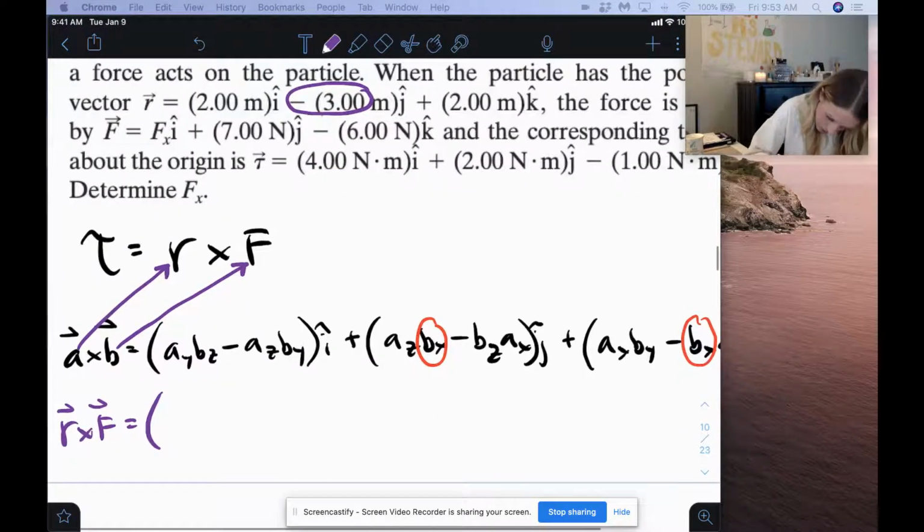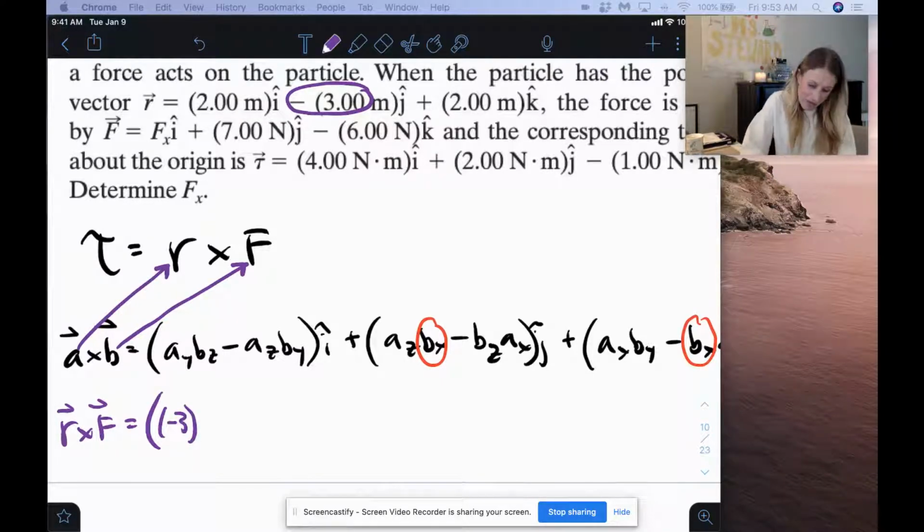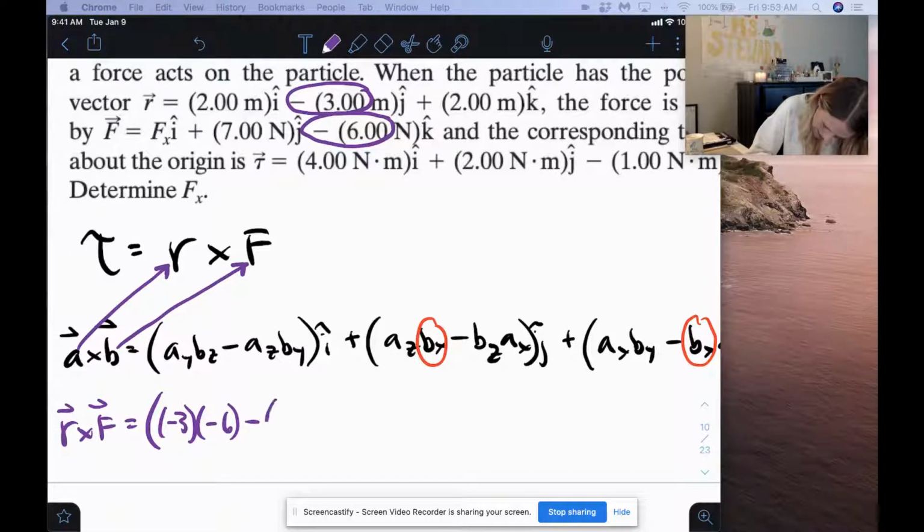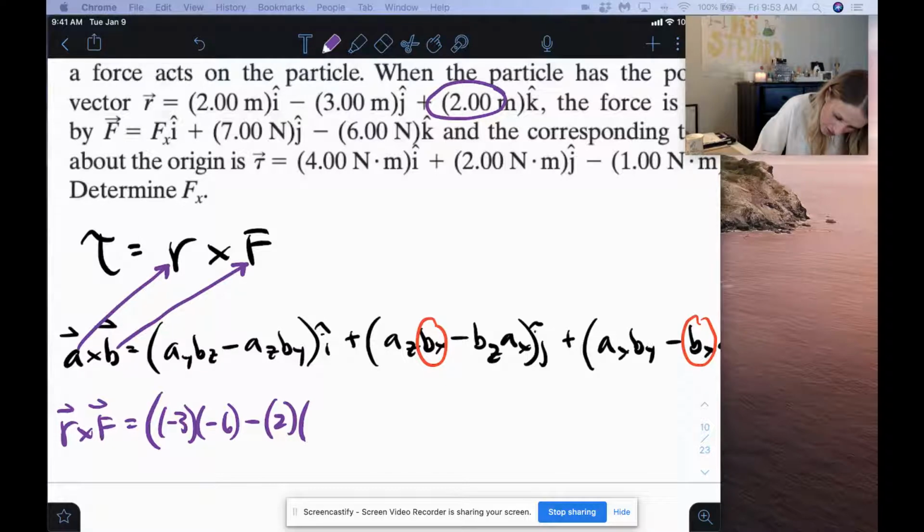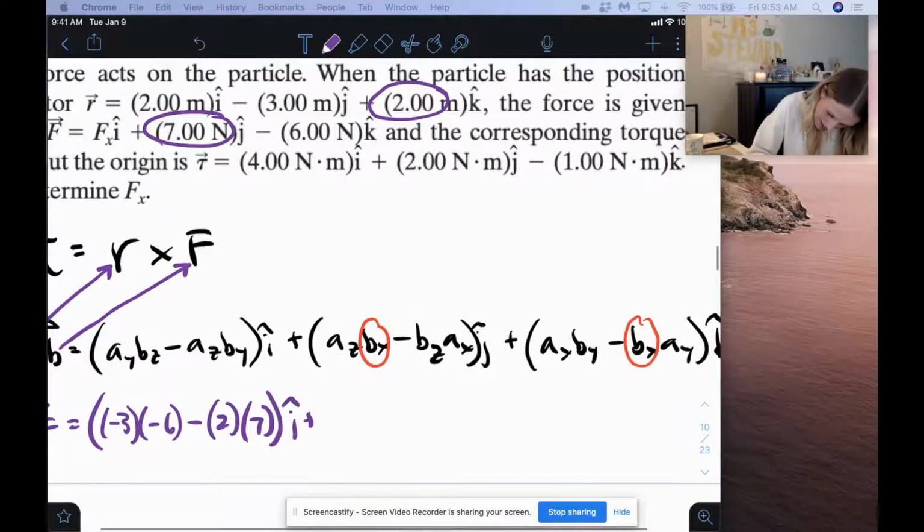So we get -3 times BZ, which is force in the K direction, because that's our Z, which is a -6, minus AZ, which will be this +2, times BY, which will be a +7, I hat, and then plus